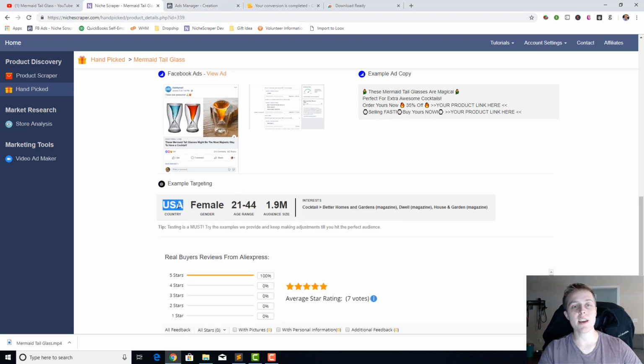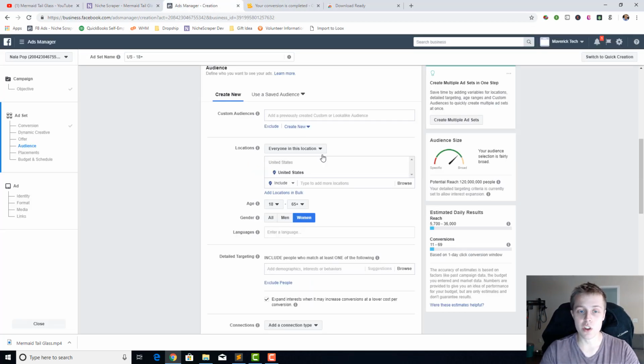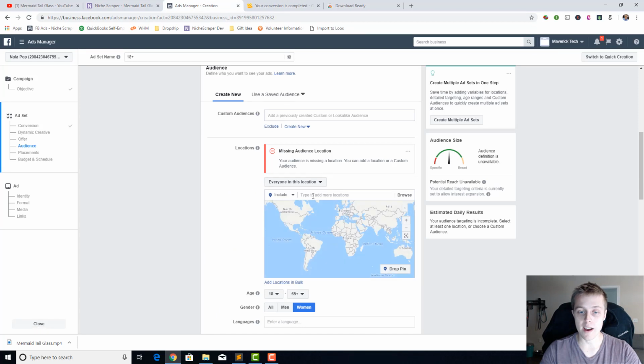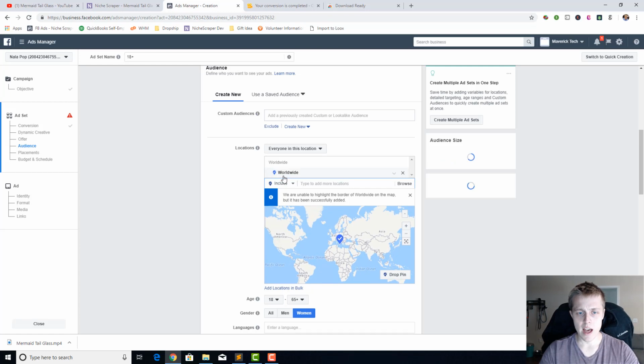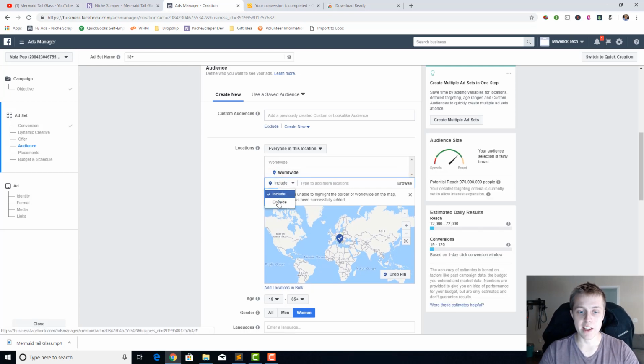Now, USA, I generally recommend this if you've already found a good target demographic. But when you're first testing it out and you have absolutely no idea who your target audience is, the cheapest way to go actually is to do worldwide. So you're going to be targeting a bunch of different countries, not just USA, because USA is generally more expensive to show ads for because more people are competing for that country. So I would target worldwide and exclude,